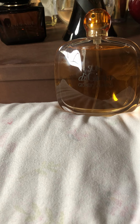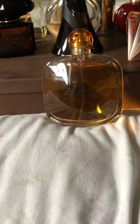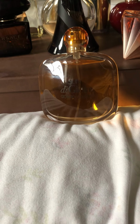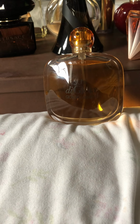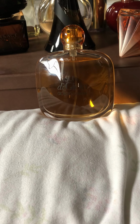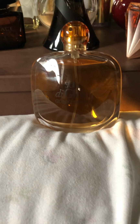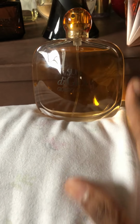But it's a very coconut heavy, coconut pronounced fragrance. And I love wearing it for the summer. Here we go. I love wearing it for the summer. I wasn't too keen on these when they initially came out. I don't like the Sky one. I just have this one, and I have the original,